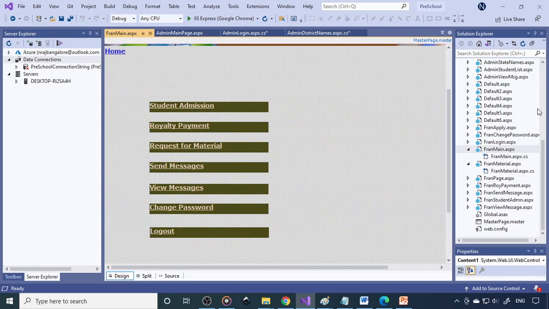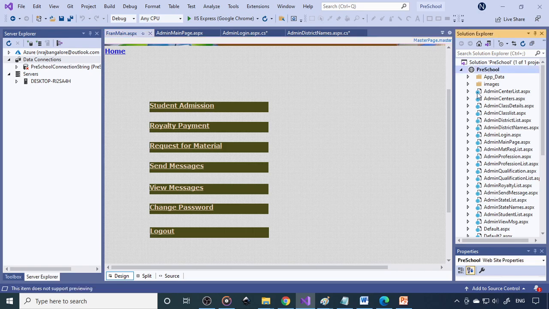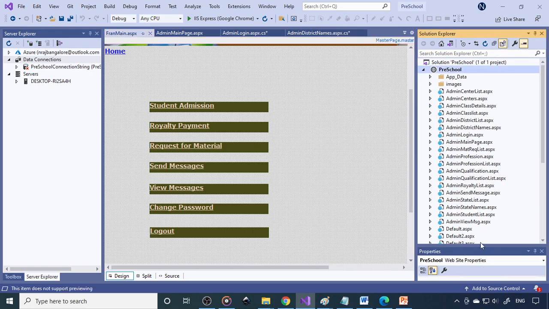Now we'll move on to Visual Studio. Here we have Visual Studio, and we already opened the project. Soon we will start a series on how we can make all these projects step by step, but that will take a very long time. So here briefly I'll explain the whole project. You will get a clear picture and an idea of how the whole thing works. Once you have that idea, it's easier for you to understand and write the program.